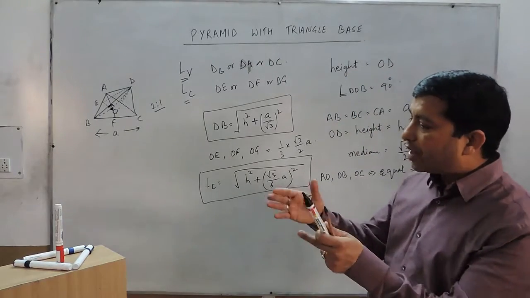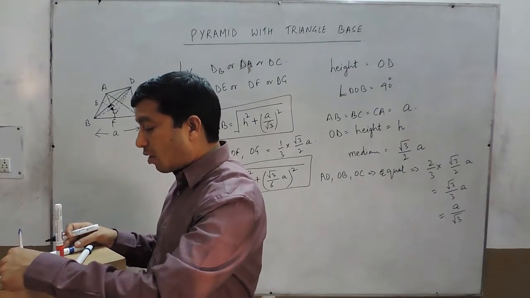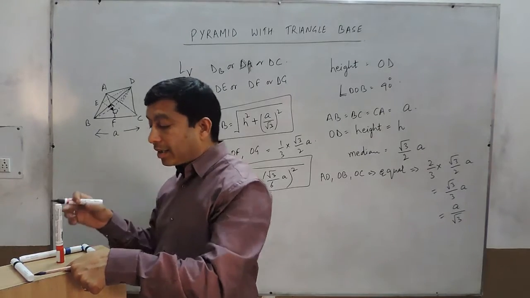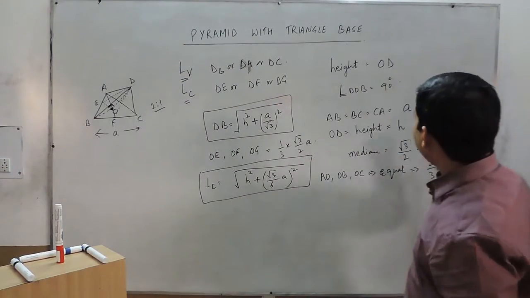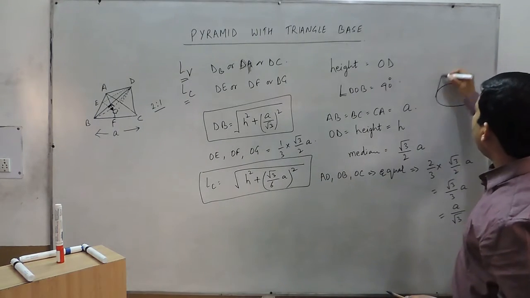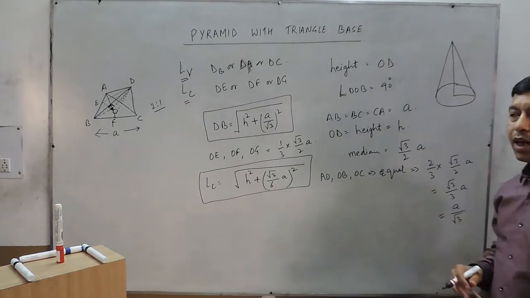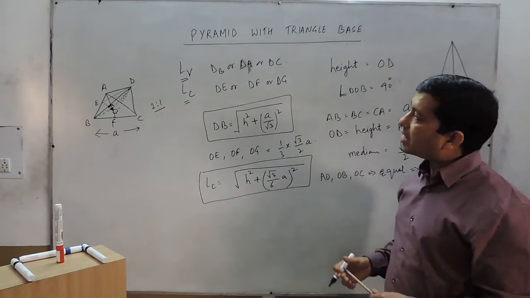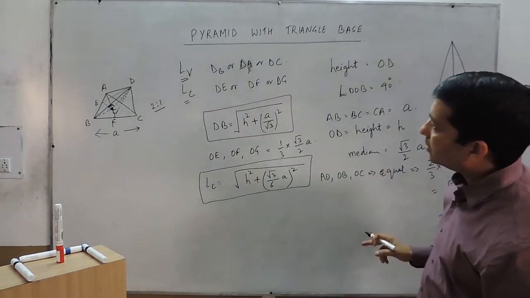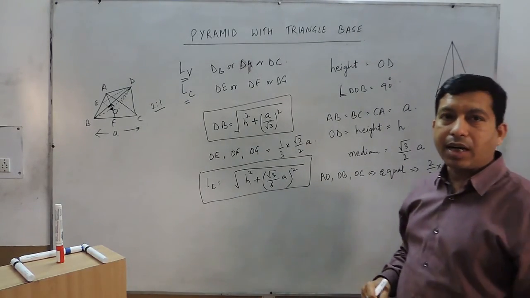As the number of sides keeps increasing, the base, which is triangular in shape, can become a square base. In the same way it can be a hexagon, and in the end we get a figure where the base is circular, with a maximum number of sides, and this figure is considered to be the cone. In the next video, we will discuss the pyramid with the square base, and in the next one we will talk about the cone as a pyramid.